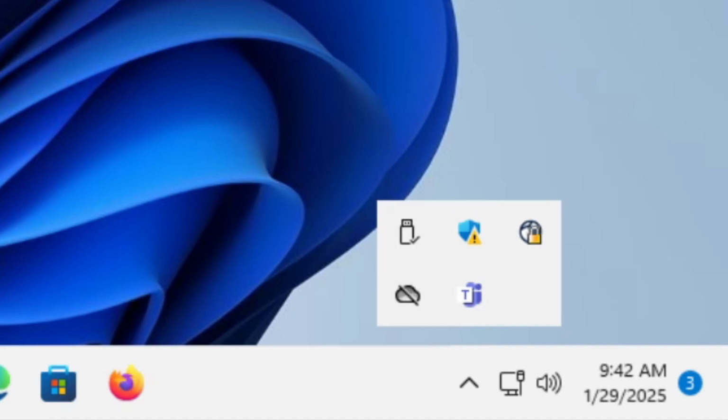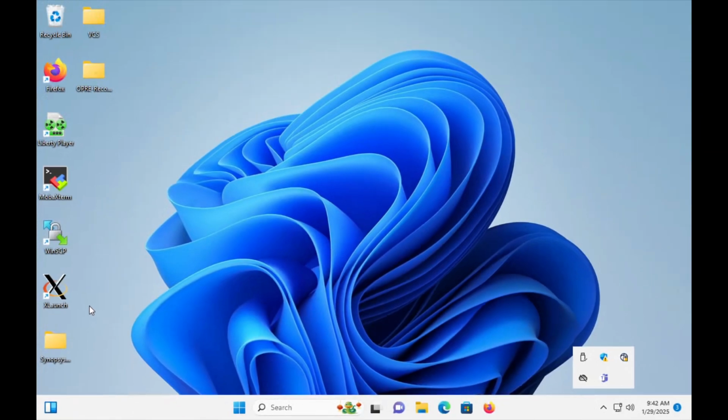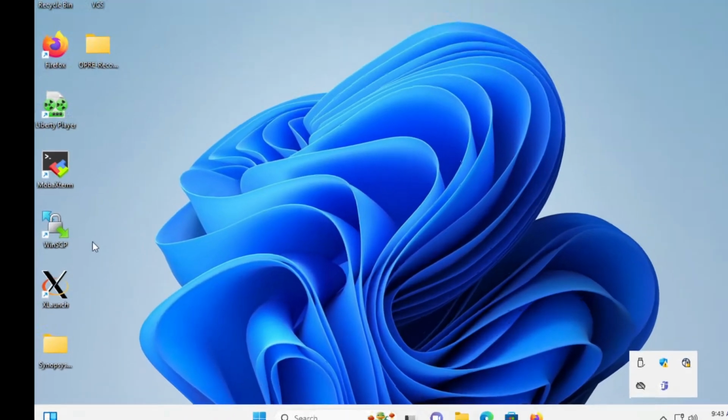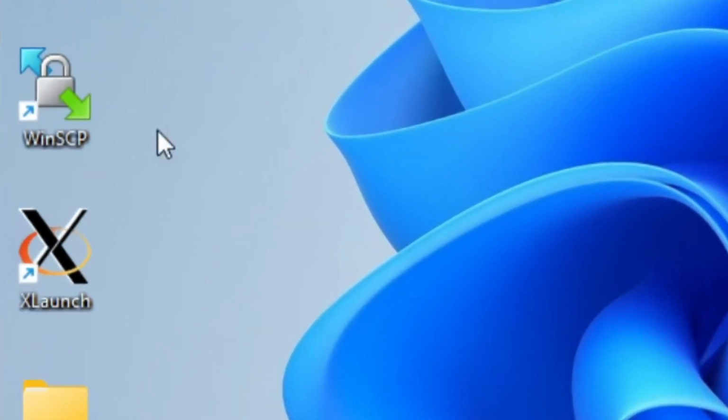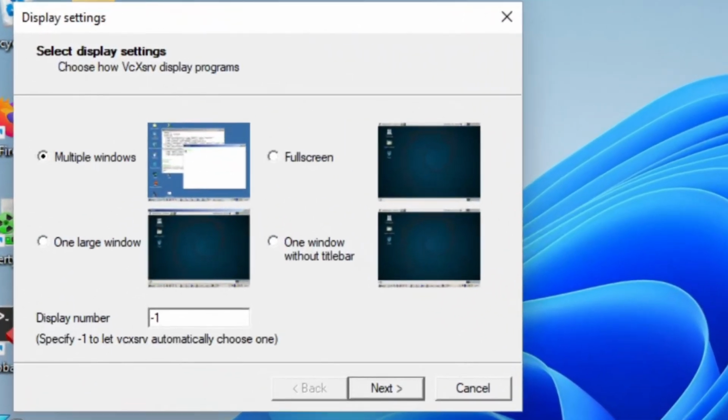Okay, so the next thing we need to do is get an X server running on our machine. In a previous video you were able to see how to install the VcXsvr software, and it puts a little icon on your desktop called X Launch. So we're going to click that little icon to get started, and one of the things we want to do when we open this up is make sure